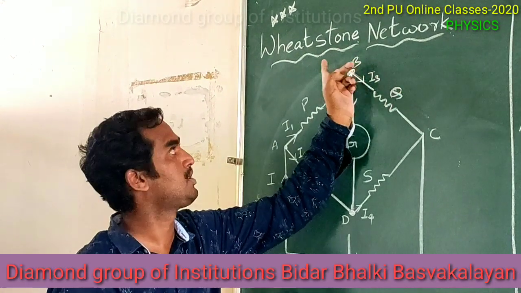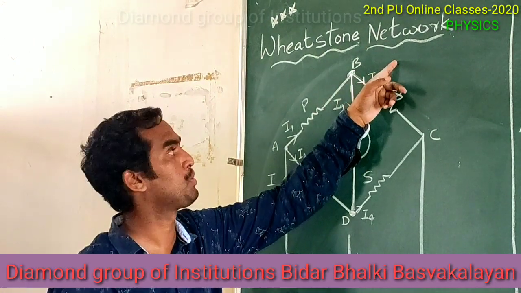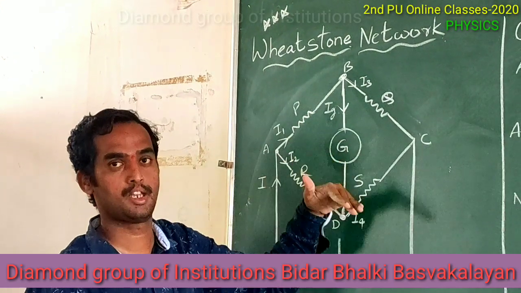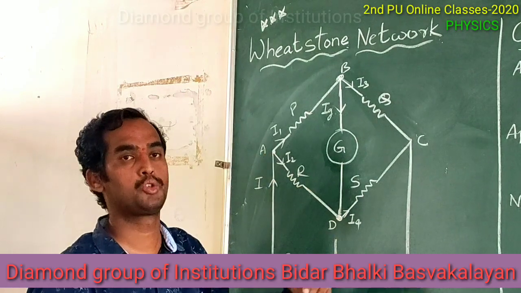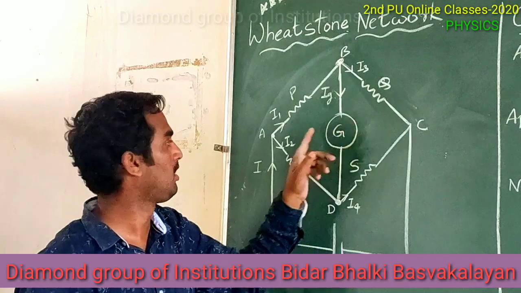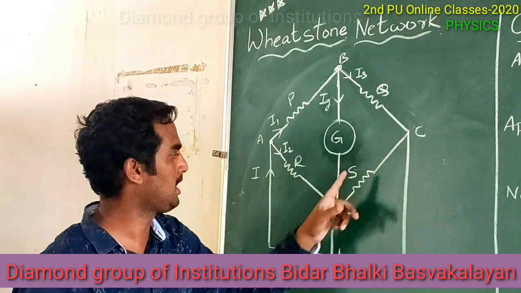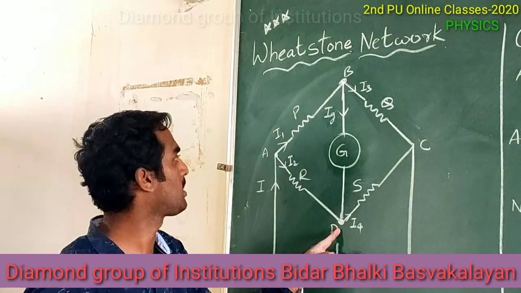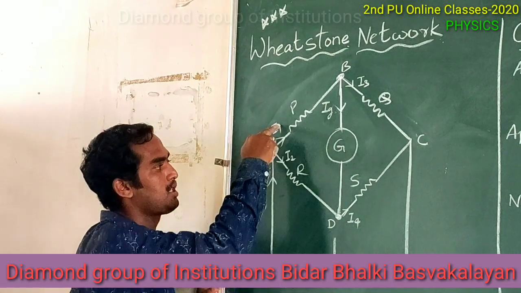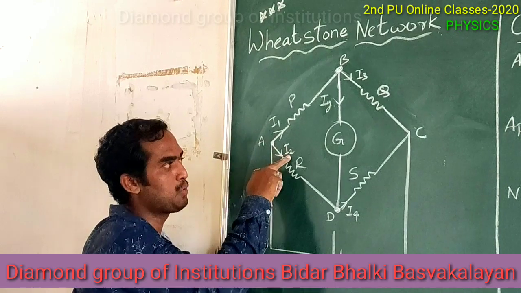Wheatstone network. This Wheatstone network is used to find the ratio of the resistors, or it is also used to determine the unknown resistors. And see here A, B, C, D. There are 4 points, and the main current is I. This current I is divided into two branches, I1 and I2,